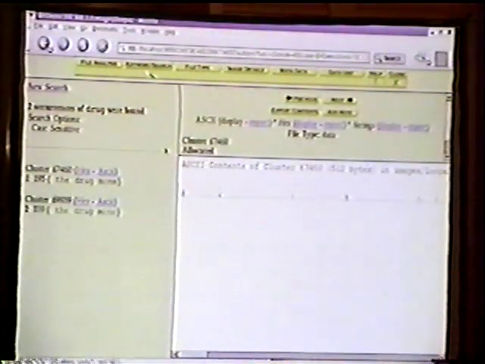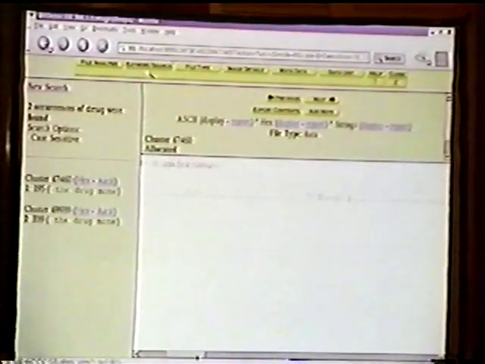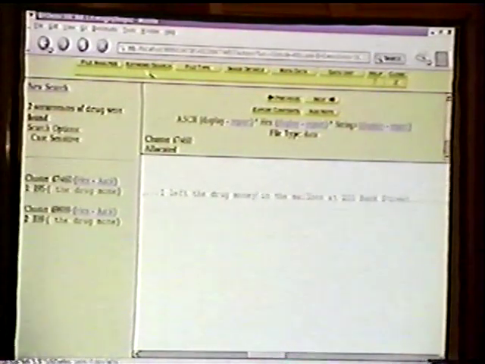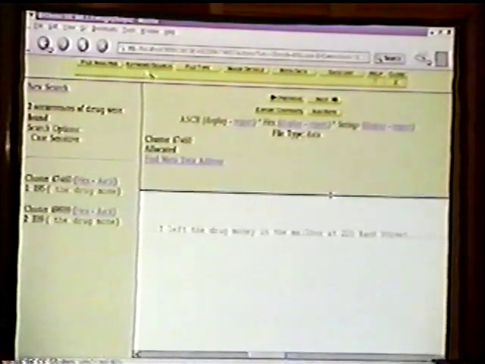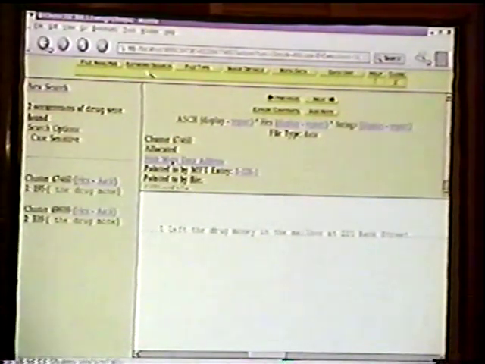So you click on one of them there, and it says ASCII, where I clicked. And you can see that all the way over here, you see the sentence that we saw there: I left the drug money, yada, yada, yada. And it says up here, this is the cluster number that it's contained in, and this is the fact that that cluster is allocated to a file. If you click on Find Metadata Address,